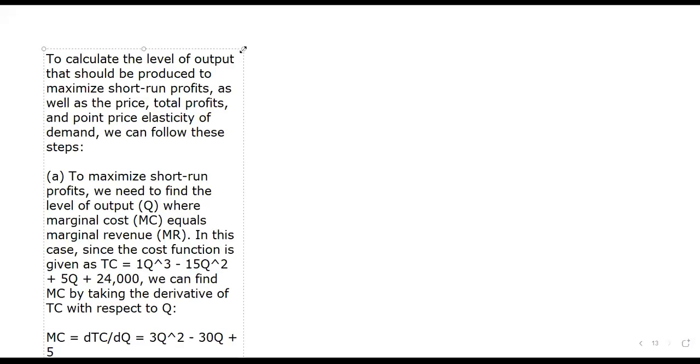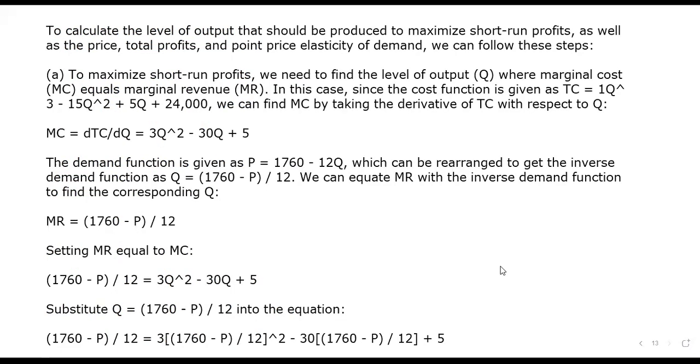So we first need to calculate the profit function. You must understand that to maximize profit, we need to find the level of output where marginal cost is equal to marginal revenue. So in this case, our cost function is one third